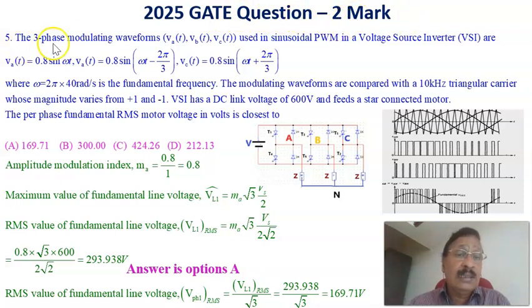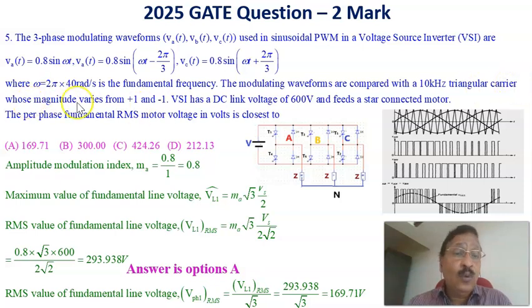The 3-phase modulating voltages VAT, VBT, and VCT used in a sinusoidal PWM in a voltage source inverter, VSI, are VAT equal to 0.8 sin omega t, VBT equal to 0.8 sin(omega t minus 2 pi by 3), and VCT equal to 0.8 sin(omega t plus 2 pi by 3), where omega equals 2 pi into 40 radians per second, the fundamental frequency, and the modulating waveforms are compared with a 10 kilohertz triangular signal